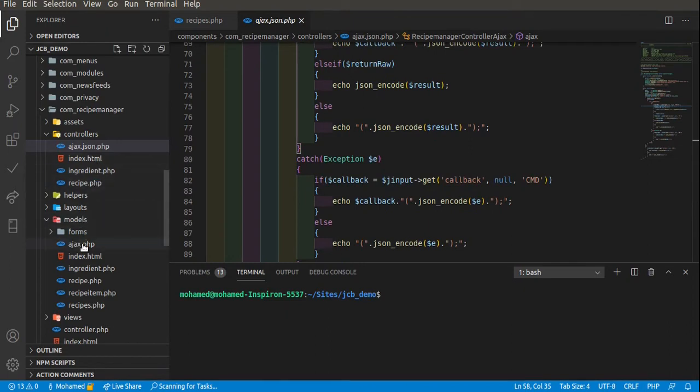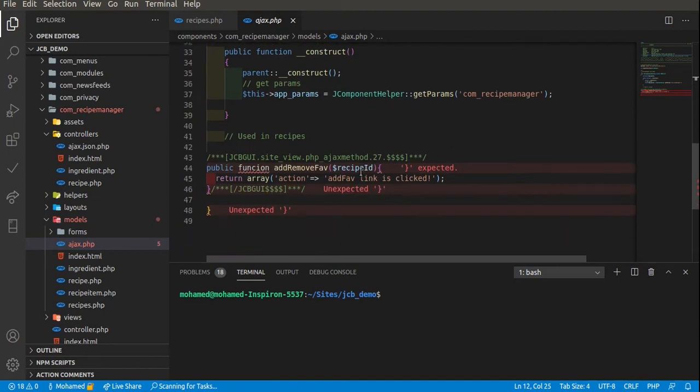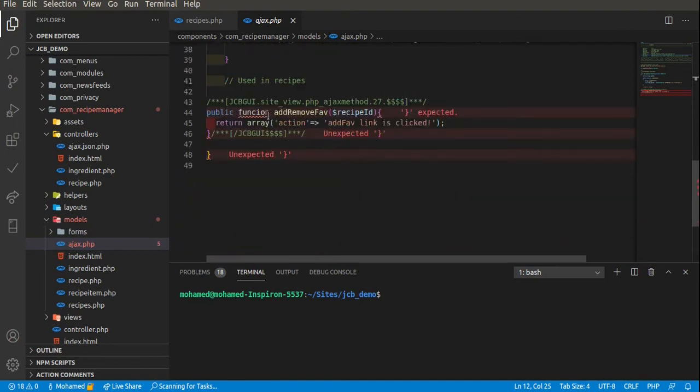The second file is ajax.php in the models folder. It has the method we have just declared in the Ajax methods section. There is a typo error here. Let me fix it.